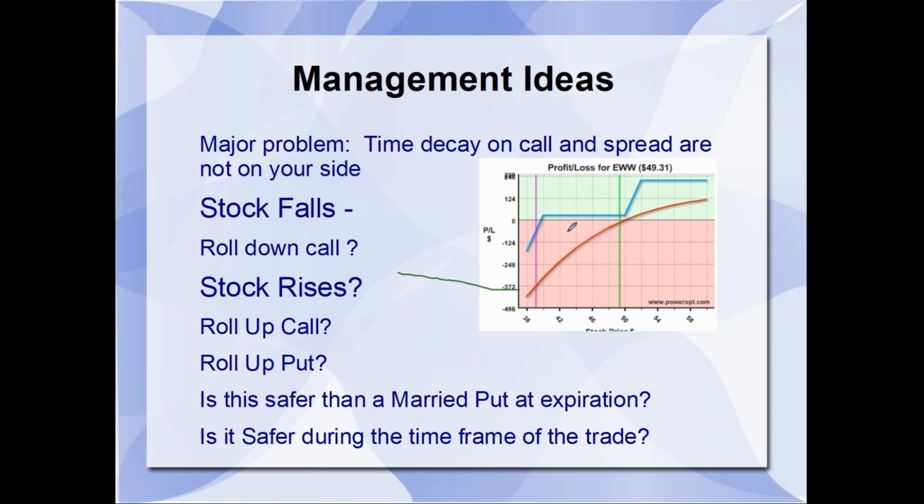Is it safer during the time frame of the trade? Well, the answer honestly is no. If you ask for safety, is it safer than the married put at expiration? No, because this has an infinite loss technically to the downside. It's not infinite. You get out of this spread here for the 10 points. Okay, that counters 10 of the points you lost on the stock minus the $2. It goes down to 0. Well, you still lost about $3,800 for 100 shares. The married put is flat based, as is a standard collar. It can't go beyond that.